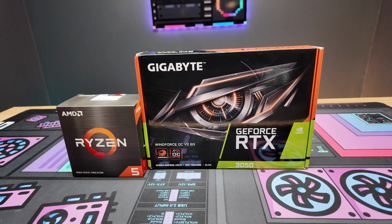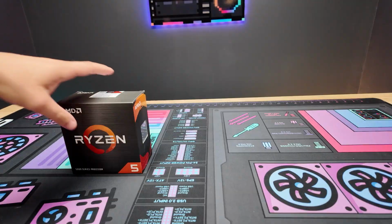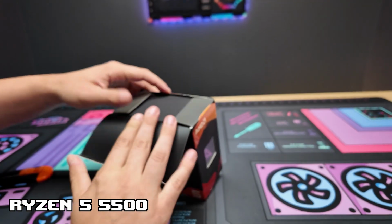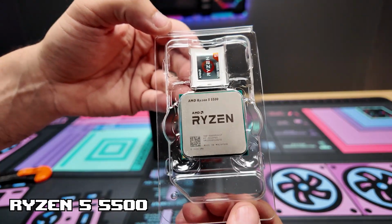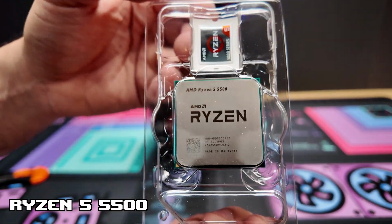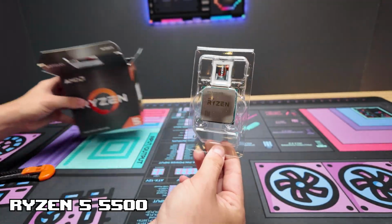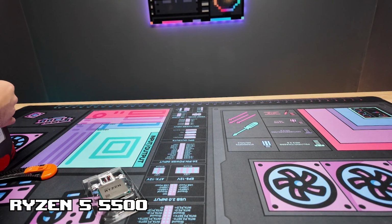Starting off on the spec list, for the CPU, we went with one of the most popular budget options, especially of the last year or so. This is the Ryzen 5 5500 with 6 cores and 12 threads for about $70. This CPU is a good option if you're just looking to get into PC gaming, still get an enjoyable experience that is comparable, if not better, to console. This CPU is probably the bare minimum of what you want to go nowadays to still get an enjoyable, decently